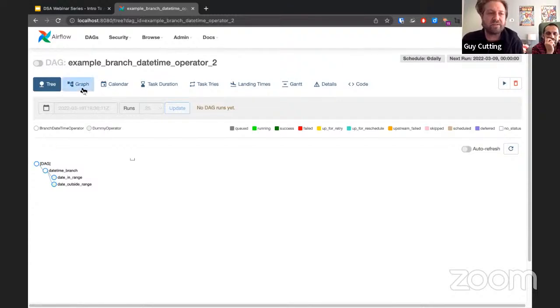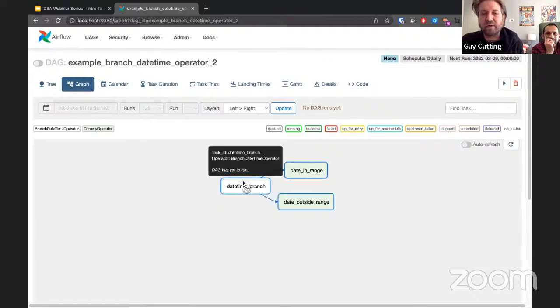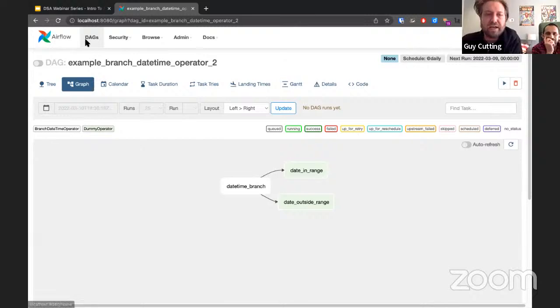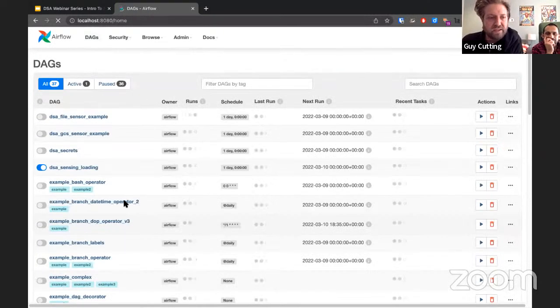This is a relatively simple DAG. You can see it just has a few tasks in it. So this is a task where we have something based on the date time. There are two different branches, two different processing tasks. This is a relatively common form of a DAG. If we look at something a little more complicated, you can see that